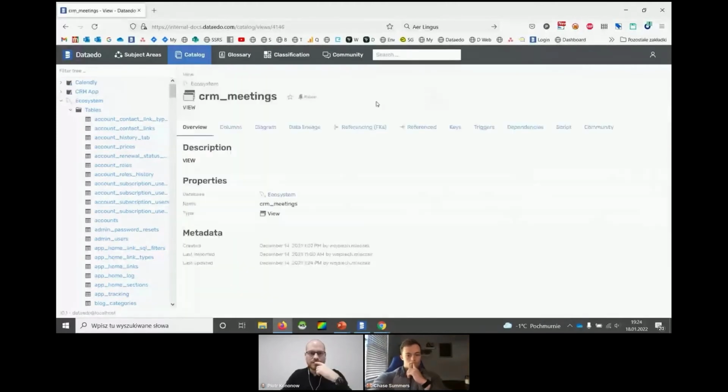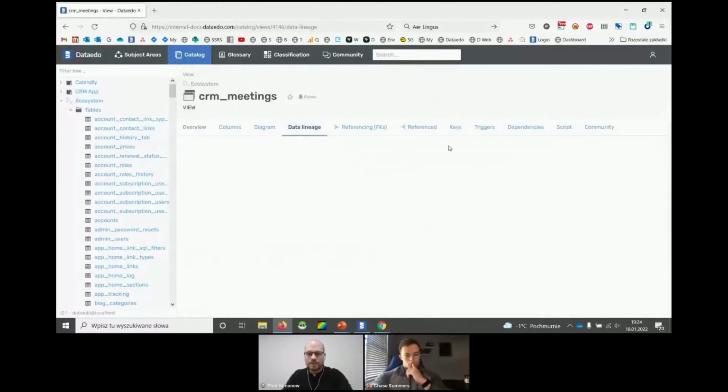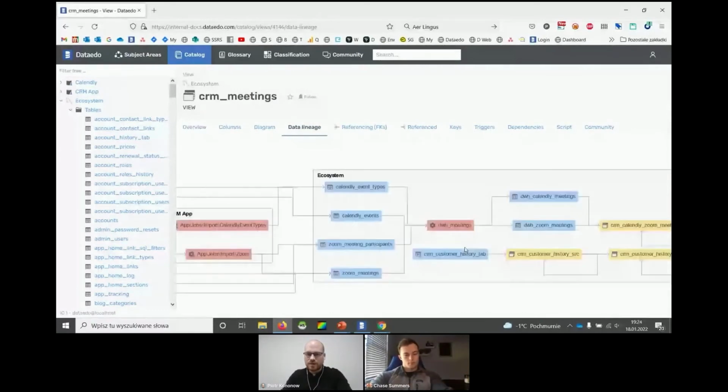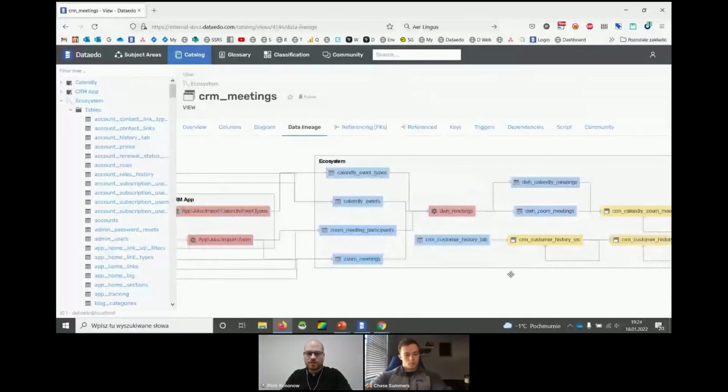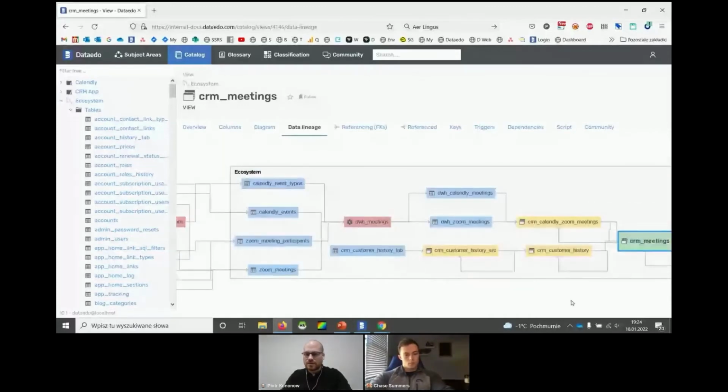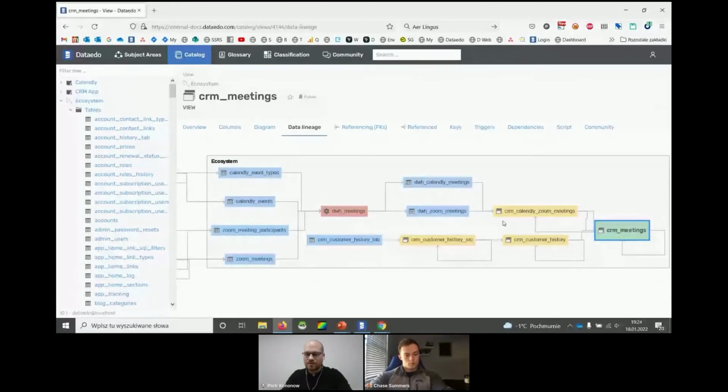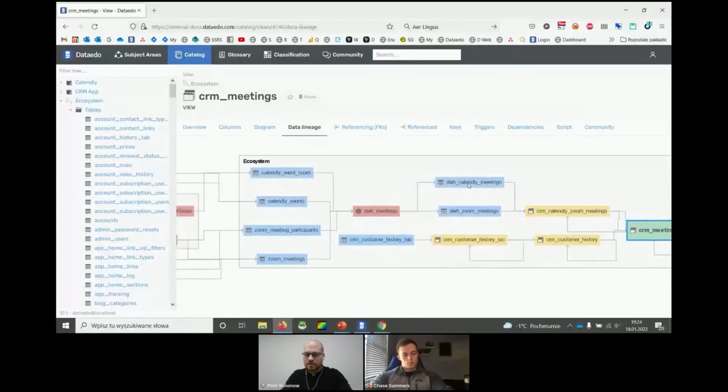So I find the object, and I go to Data Lineage, and it draws me, actually that's a view. I can see the full lineage. So as you can see, okay, this is a view, but it reads from 3 other views and some 2